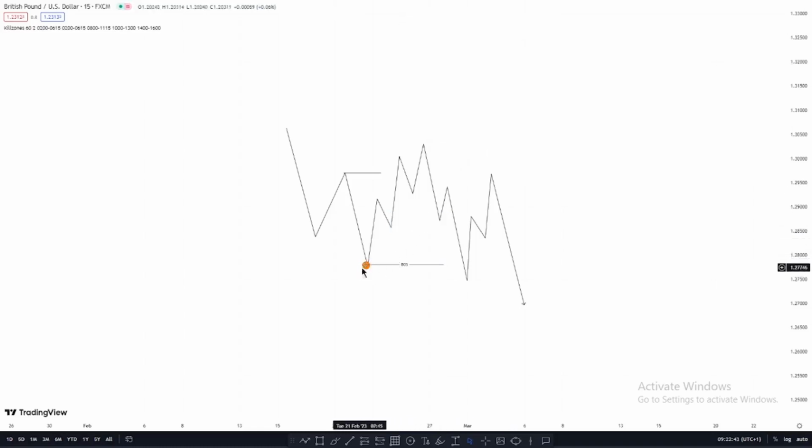Now, this is our major structure low. I've told you why it is a major structure low. It is because price sponsored the move that took out the first internal structure high. All right? And now, this low produced this high. Now, this high cannot be confirmed just yet as a lower high until price trickles back down to take out this major structure low here. And as you can see, the major structure low here was taken out by the move down. And therefore, this becomes your